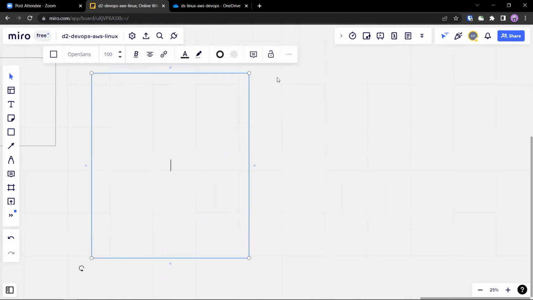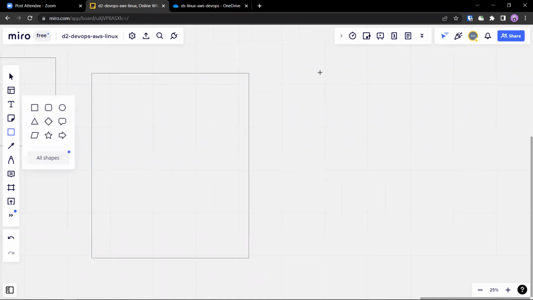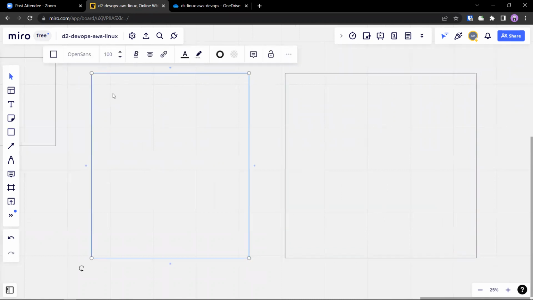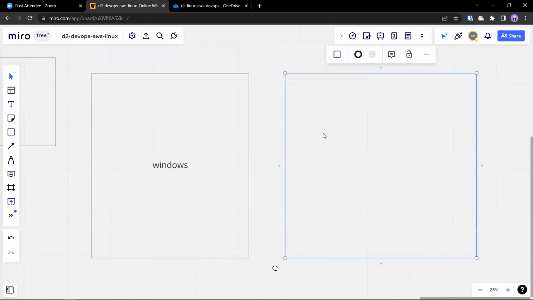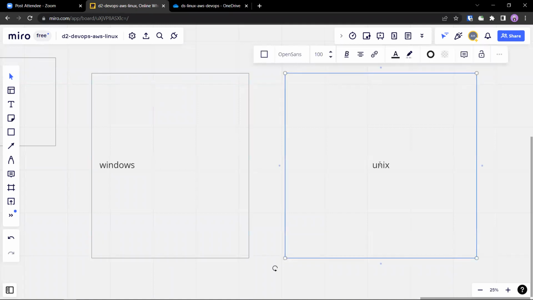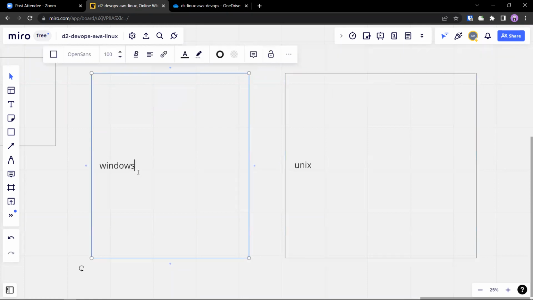So Windows versus, on this side, let's put Linux. Now let's talk about other differences. So this is Windows. On the right side, Unix. Couple of other differences, let's see.